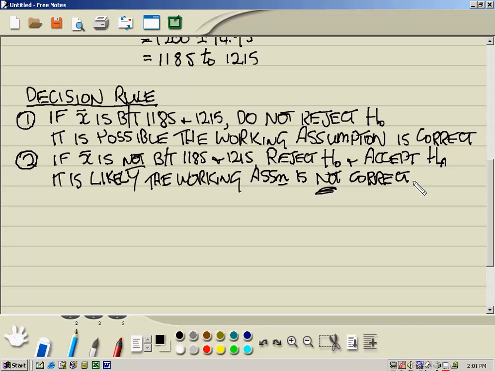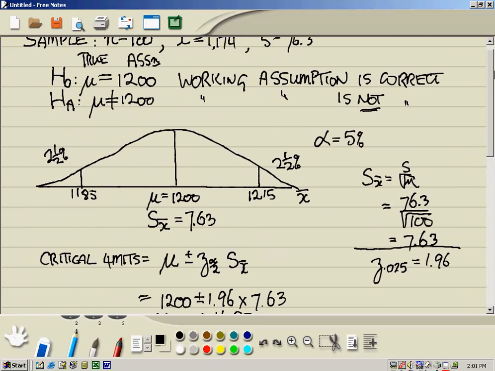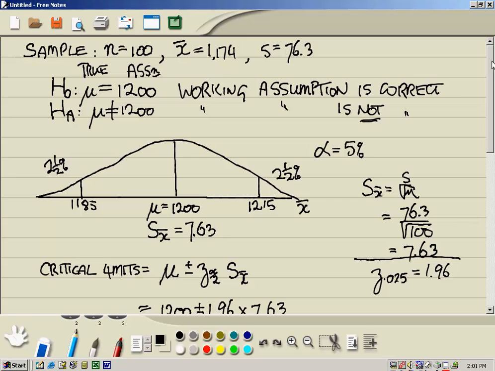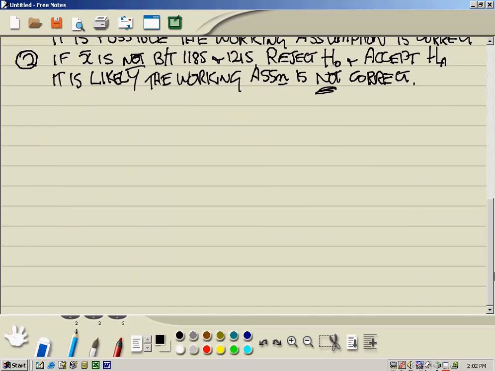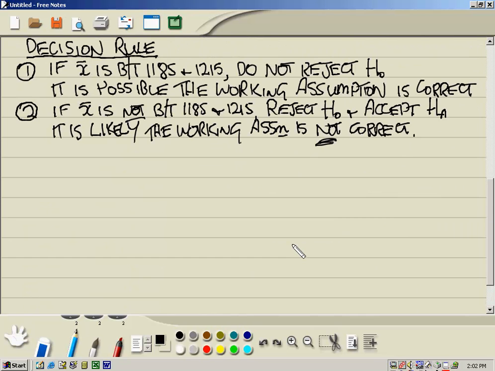Once we have gone this far, the rest of the problem is easy. What we now need to do is to go find our particular sample average, the 1174. 1174 is some number below 1185. Let's say it's down here somewhere. Puts us in the rejection region. So we follow part 2 of the decision rule. So decision,